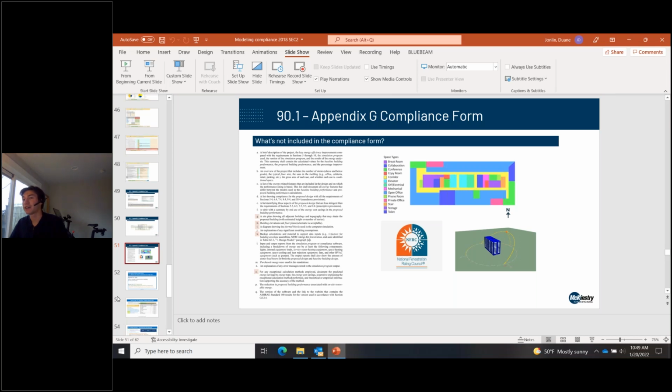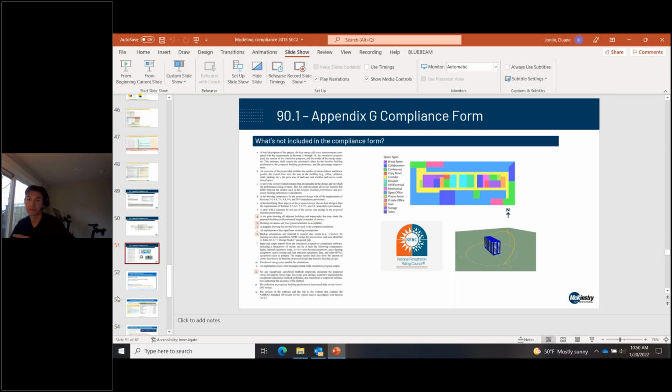Let me think on an actual hour commitment. The way it's worked for us, and it depends on the complexity of the design, the size of the project, and the actual person filling it out, those variables can greatly change how long it takes.